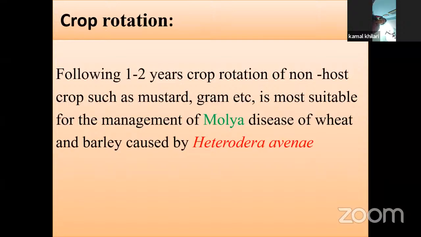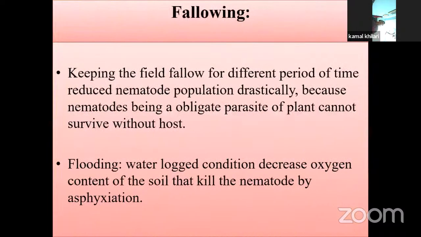So with the help of crop rotation, by growing the non-host crop, the nematode cannot feed on that crop. So by growing the non-host crop, we can manage the nematode. So this is very important. And then the next one is